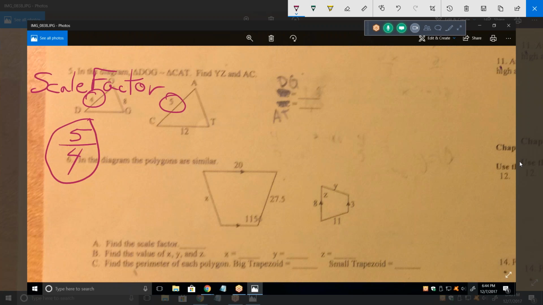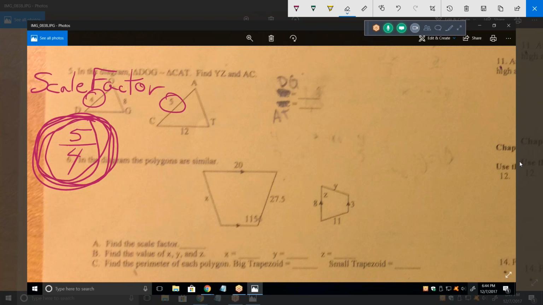Notice in their dog triangle that 8 is a smaller side than 4. Doesn't matter. They didn't need to draw it to scale. We can see that dog is similar to cat, which means the 5 side is the similar side to the 4 side. So this is our ratio. This is our scale factor right here. Okay? Now, if that's the scale factor,